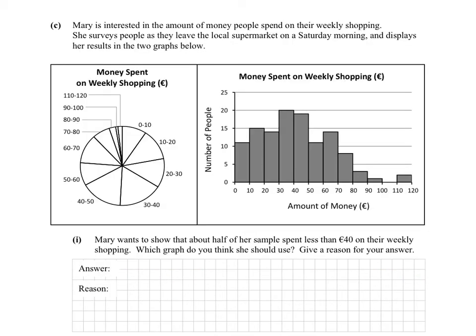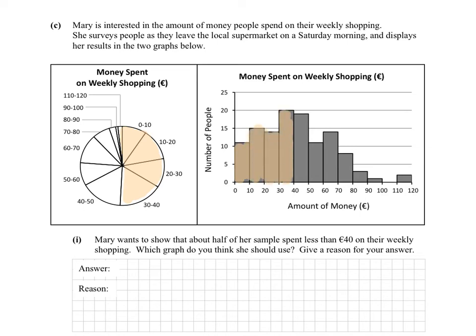In part C, we have two different types of diagrams, and we're asked to comment on which would be better for showing a certain argument. So Mary wants to show that about half of her sample spent less than €40, so up to €40. So in the graphs, on the pie chart, we're talking about this section here, all the people who spent between 0 and €40, and for the histogram we're looking at all of those